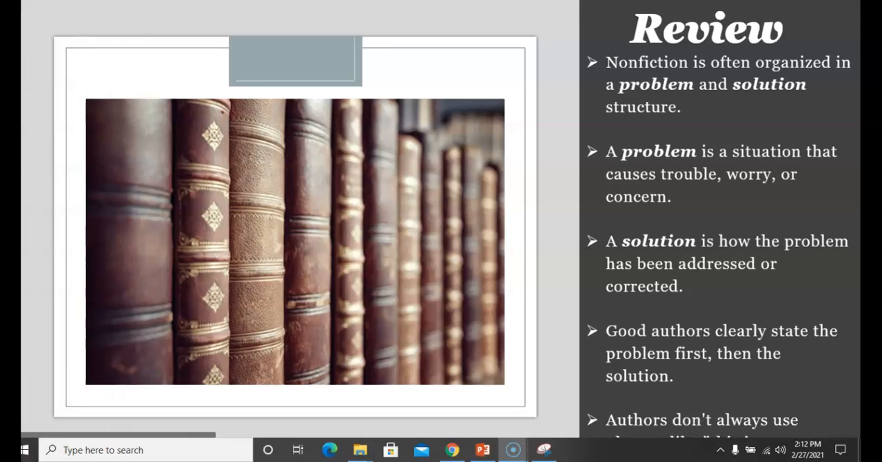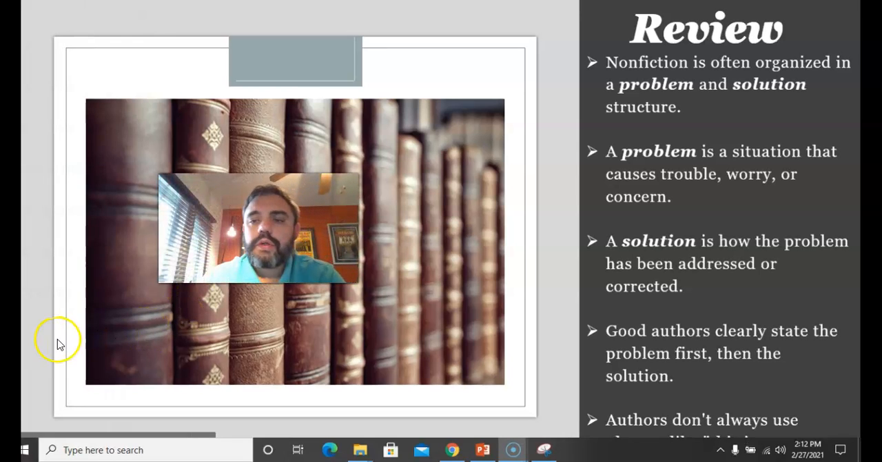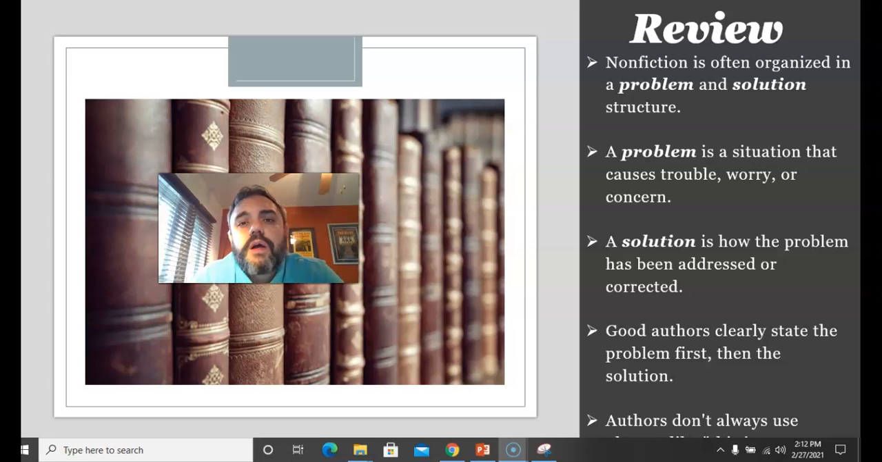All right, now let's go on to that review. Boom, back on your screen there. Review time. Nonfiction is often organized in problem and solution structure, especially given a particular topic. Definition time: a problem is a situation that causes trouble, worry, or concern. And we probably should come up with a solution to that problem, which is how the problem has been addressed or corrected. Right? Good authors clearly state the problem first, then the solution, because stating the solution first is oftentimes